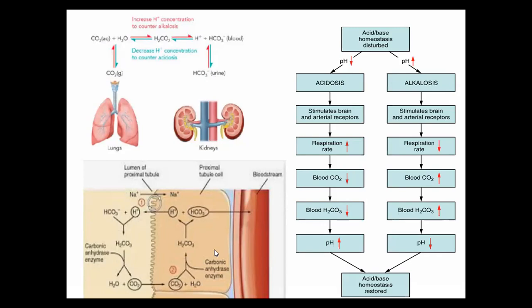So this is what is happening in the lungs. See, HCO3 minus from the blood vessel goes to the blood, whereas the H plus goes here, and again it combines with the HCO3 minus. This is the proximal tube. This is the bloodstream. So there is always an exchange of HCO3 minus and the H plus between the bloodstream and the lung surface and the kidney elimination. Everything is taking place. And whenever there is a change in the pH in any part of the body, immediately the restoration process takes place according to the flow chart given.